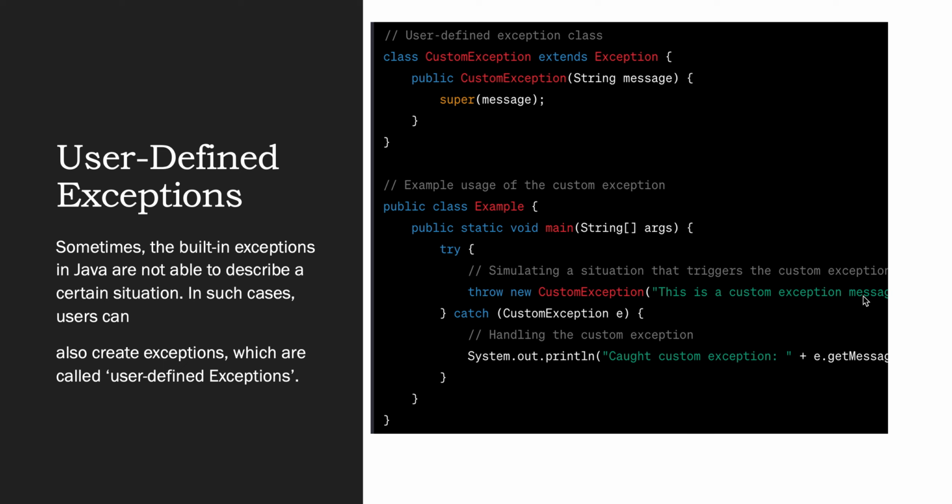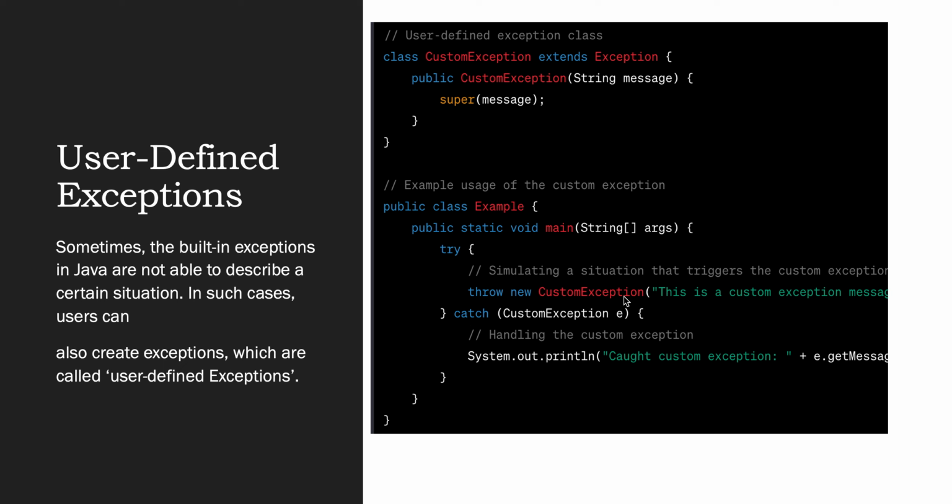Let's say we have passed some message. Since this is throwing a custom exception, while handling we have to handle this exception. Like when we throw an IllegalAccessException, we handle IllegalAccessException only. But in this case, we are throwing a custom exception, so we have to handle the custom exception using the catch block. So how to handle it?